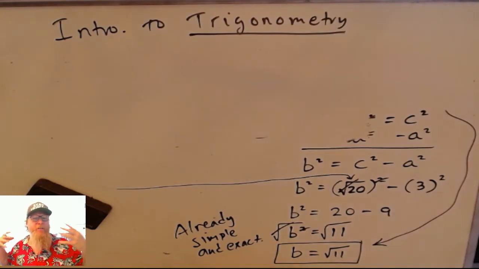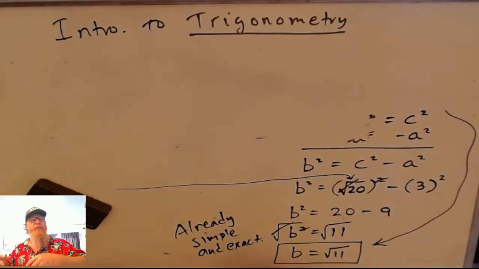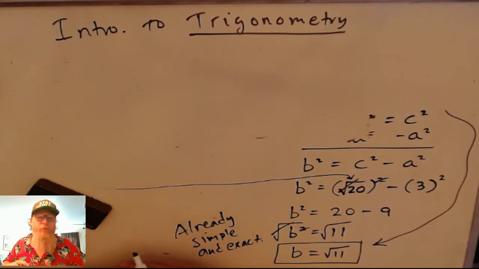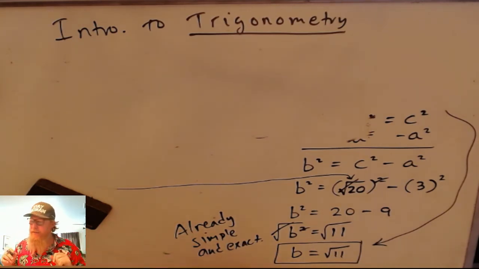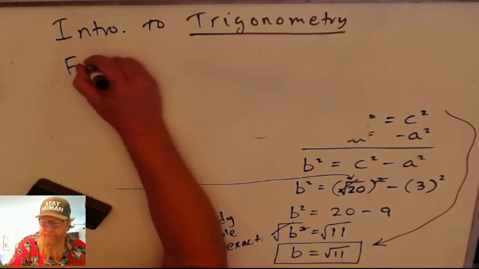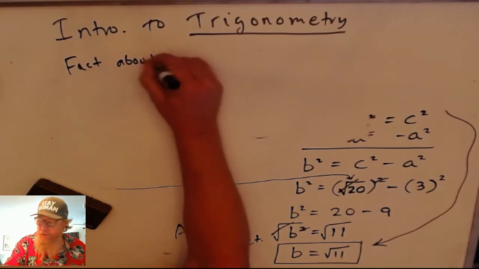Okay. We're also going to talk about triangles that might have two sides that are equal. It's called an isosceles triangle. And we're going to also talk about a triangle that has all three sides equal, called an equilateral triangle. We'll handle those one at a time. All right, so first thing I want to give you is a little fact about all triangles,